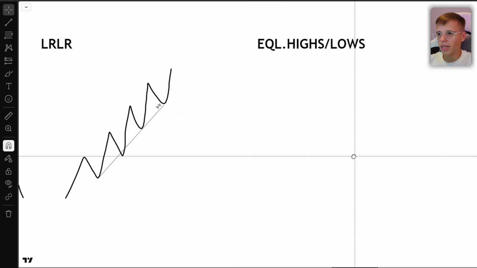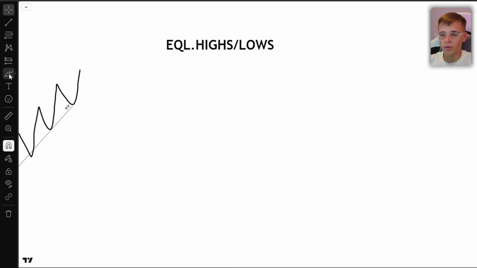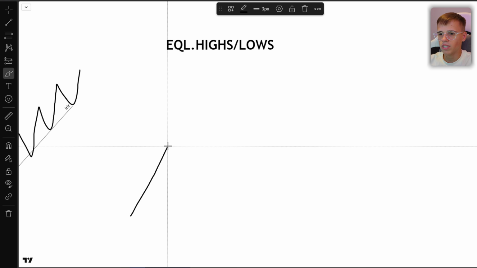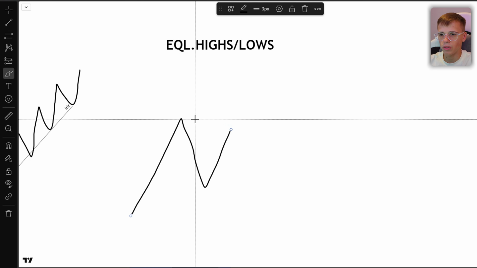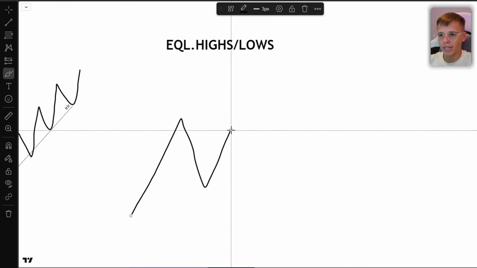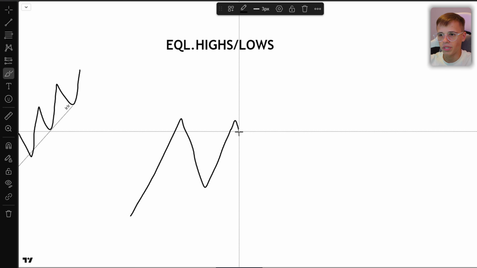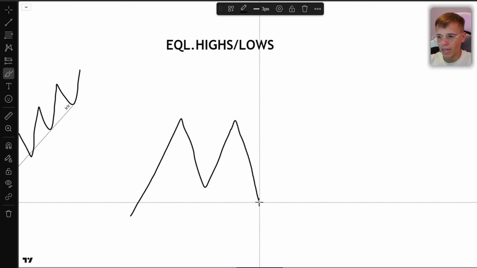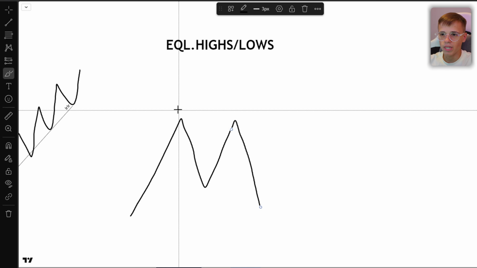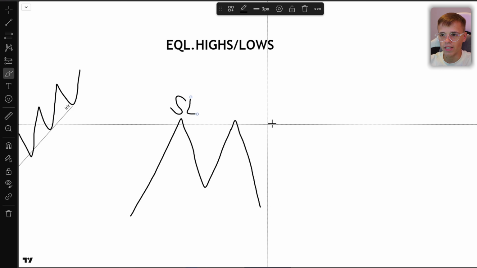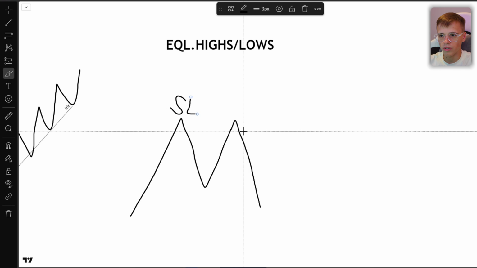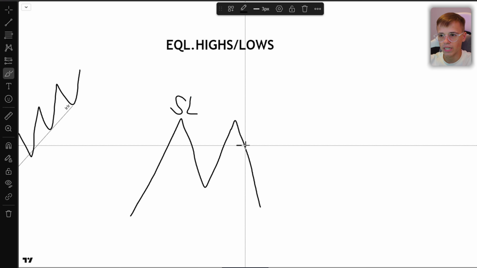Okay, now on to the equal highs and lows and why this liquidity is very important. So if we have some kind of high happen in the market, and then we went up and basically went to either sweep it or something, but market ended up just coming towards it, retesting the same level and going to the downside, what just happened? Basically all the stop losses that were just above this high did not get taken, and a lot of people saw the reaction from this and entered a trade, let's say right here.